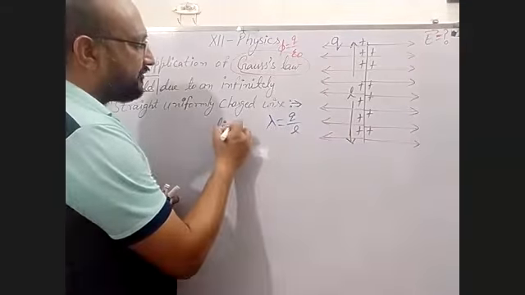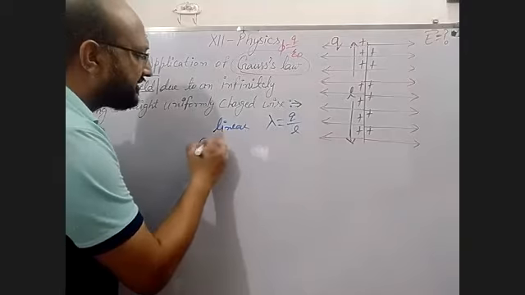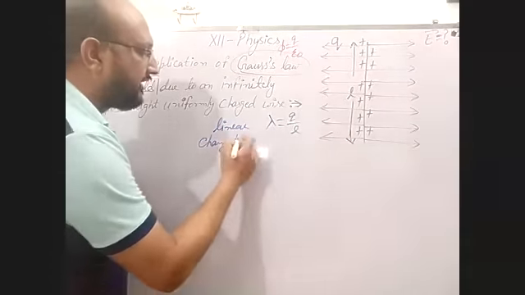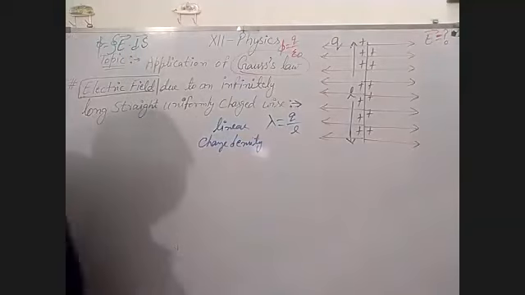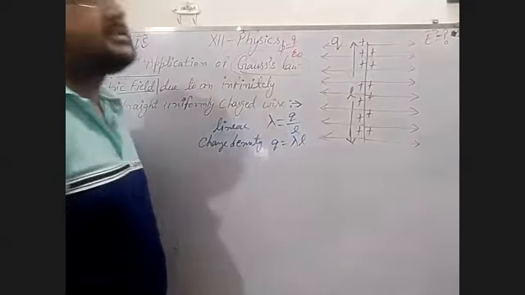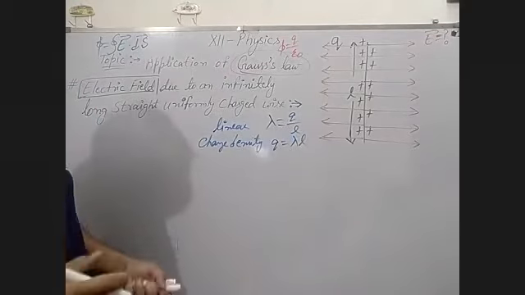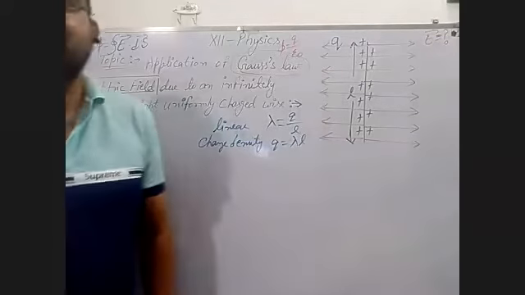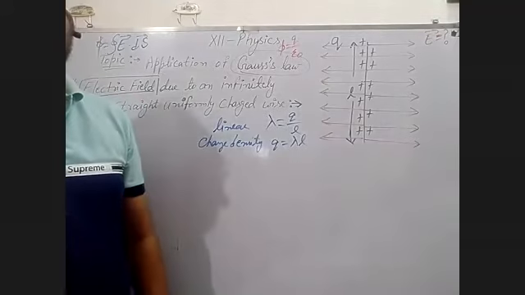You know, for a uniformly charged straight wire, you can take the linear charge density. Linear charge density lambda is equal to Q by L, and from there you can take Q equal to lambda times L. All these things are there. But now one thing is missing, and that thing is the surface. At what point do you have to calculate the electric field?